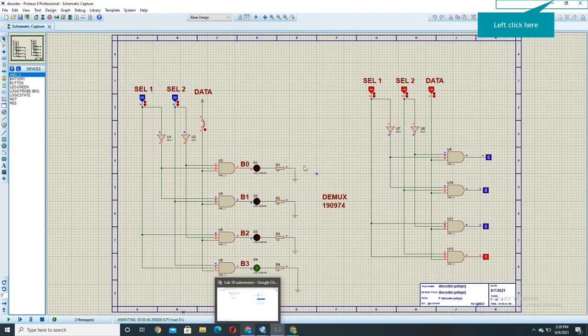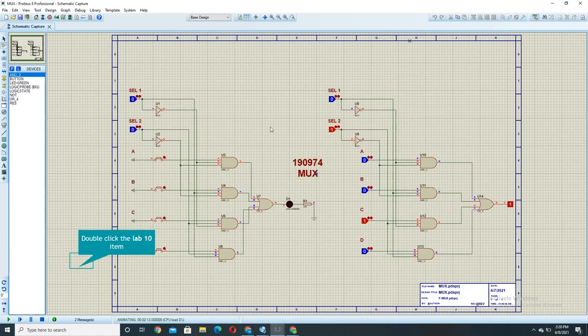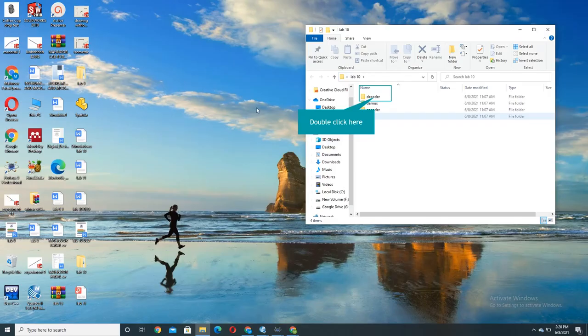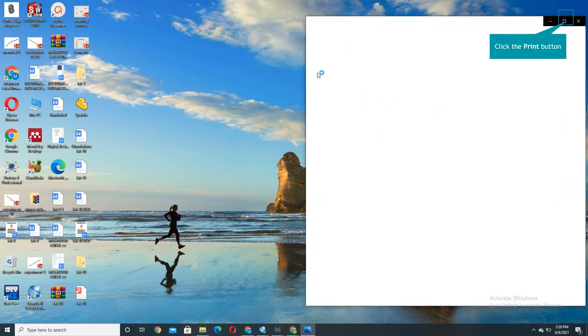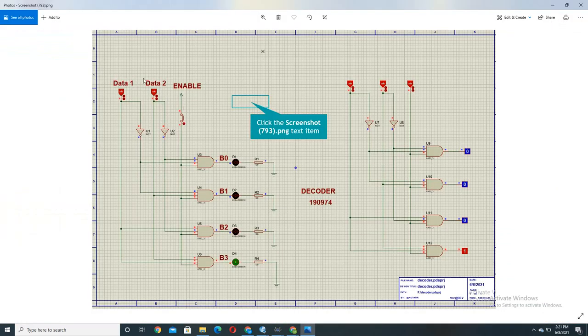Now after that, with a small change, we can simply change this whole circuit into a decoder as well. If we convert, this is input 1 and this is input 2 and this is enable. For example, I've done it over here. So as you can see over here, now instead of selection 1 and selection 2, it is data input 1, input 2, and then enable, and this will also represent the circuit with the same results.